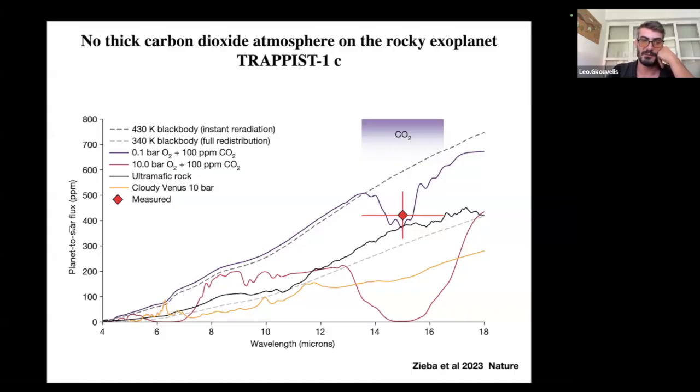And here you see an emission spectrum, a thermal contrast spectrum that was constructed for this system, which basically shows you the spectrum of the planet, synthetic spectra, right? They try to cover scenarios that will match this point. You see, for example, this dark curve is what is called an ultramafic rock. So as if the rocky planet was only a bare rock having this specific material, which is a kind of volcanic material. And they try to match this.